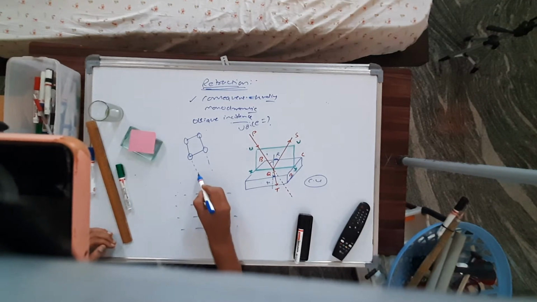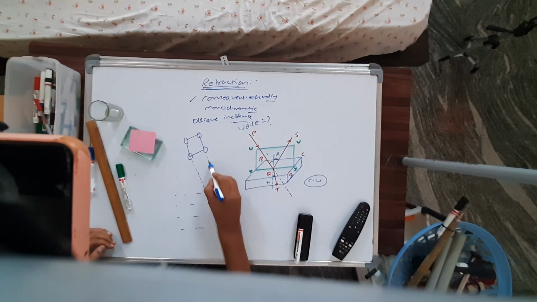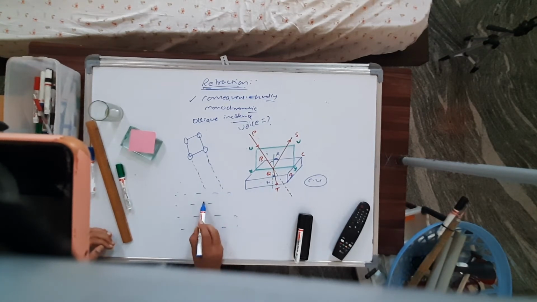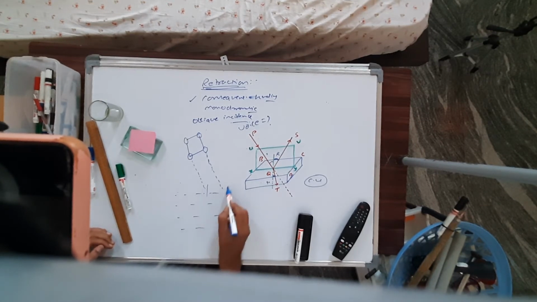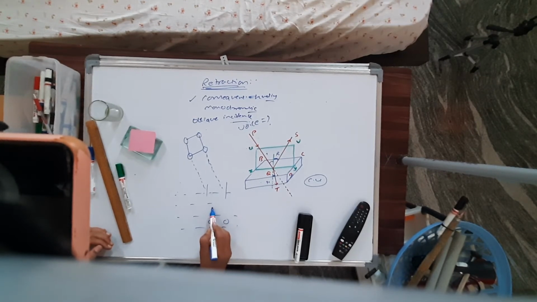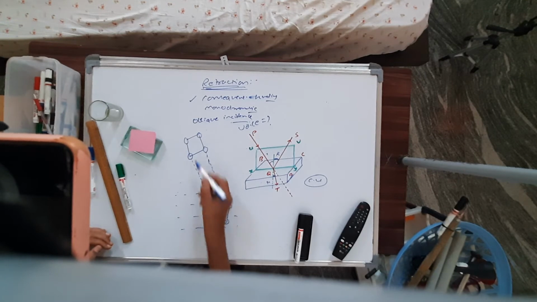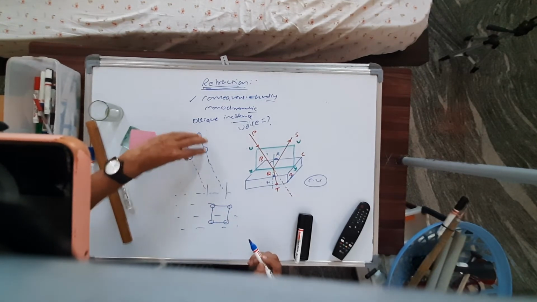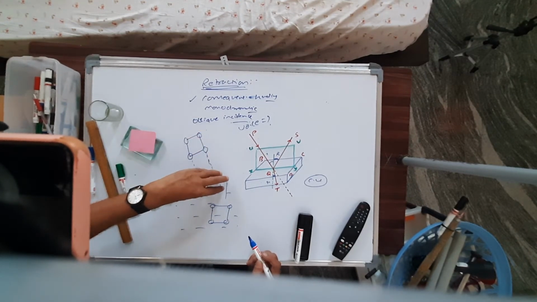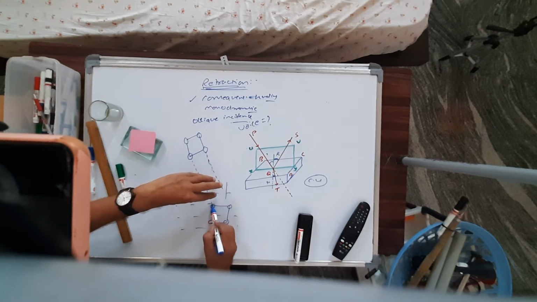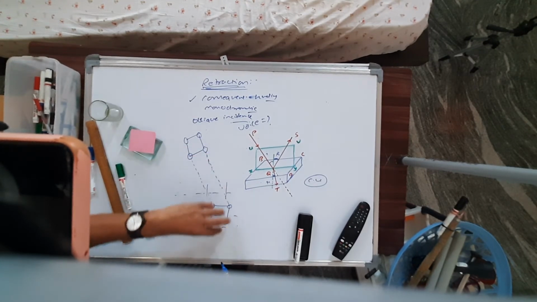Then what happens? If it is coming on the tar road, no doubt it comes straight. And when it comes to the mud road, then suddenly what happens, the speed changes, and when the speed changes, certainly the angle changes. So remember, this is a helicopter view, and a car is coming like this, and because of the change in speed, the direction changes.